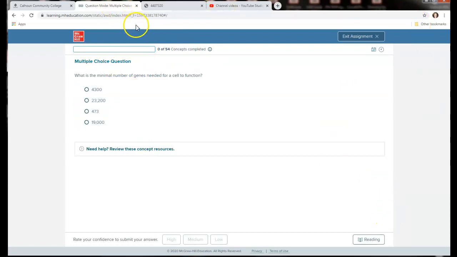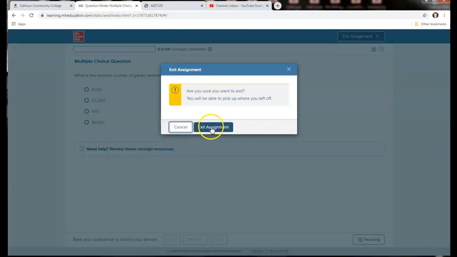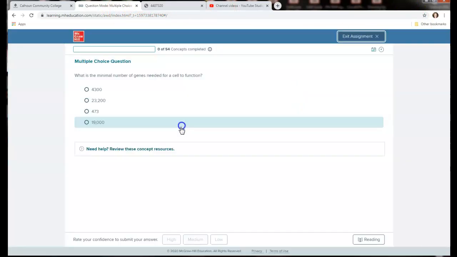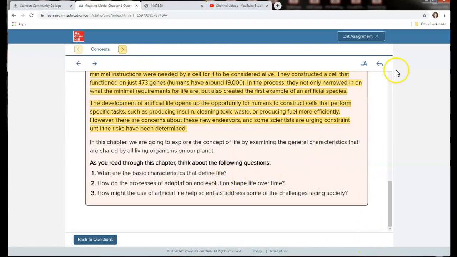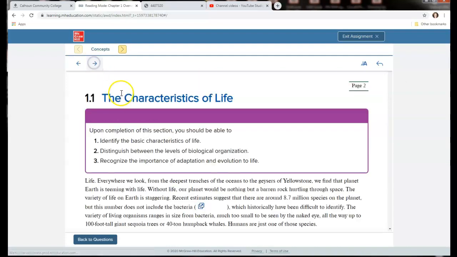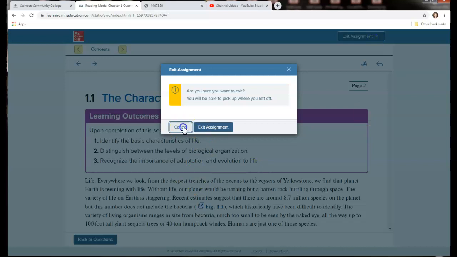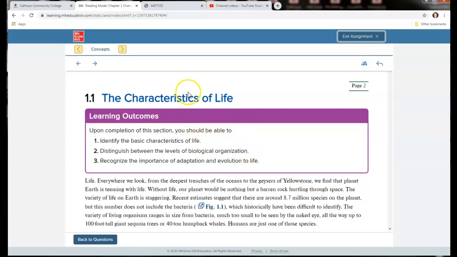Hopefully you'll enjoy these. The students that have done them in the past have. They said that it really helped them. They were able to read a little bit, answer a few questions. You can always go back to reading. So if you're like, oh Lord, I don't know the answer to this, you could go back to the reading part, right? And go to the next page. So it does, I think, help. It helps you combine two things, the reading and then kind of questioning yourself